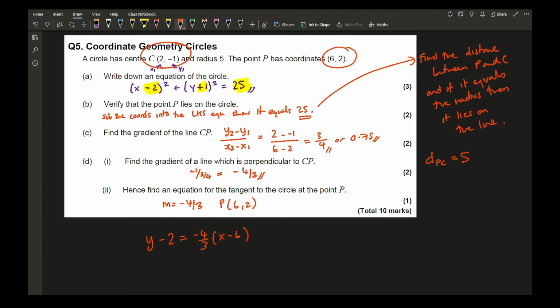And then taking the 3 over, I get 3y minus 6 equals minus 4x minus 6. Expanding the right hand side, I get 3y minus 6 equals minus 4x plus 24, giving me 3y plus 4x